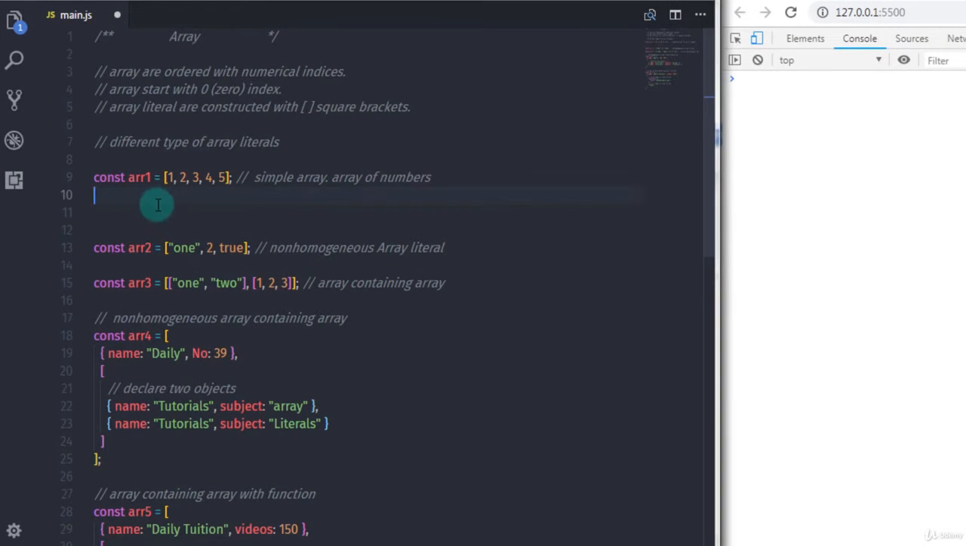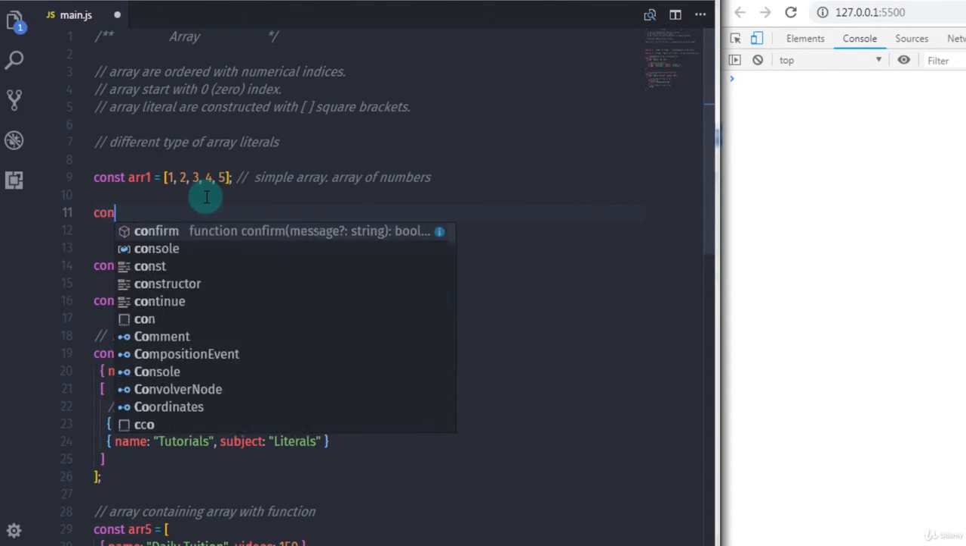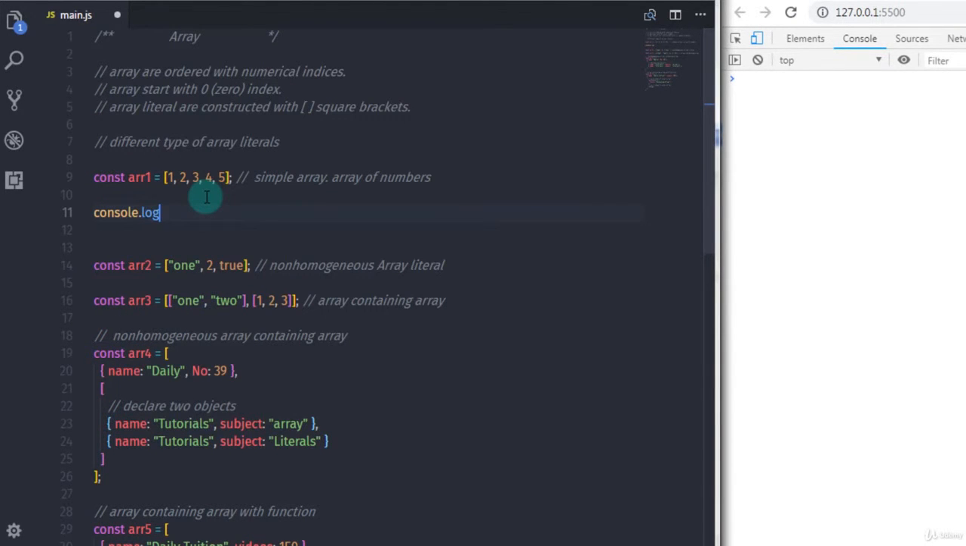So here, if you wanted to access this array element, you need to specify your array name with square bracket, just like this. So I will say console.log and specify array here. So I will say array1, and in the square bracket you need to specify your array index. But how will you know which array element has which index? As I said earlier, arrays start with the 0 index. It means